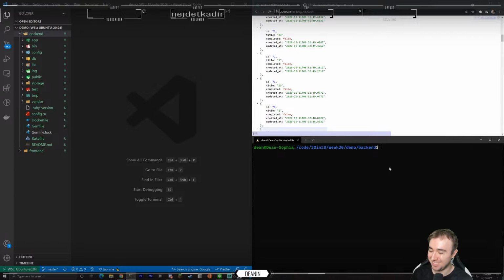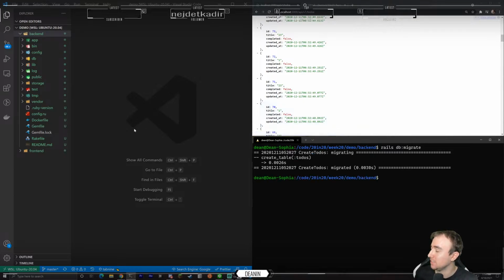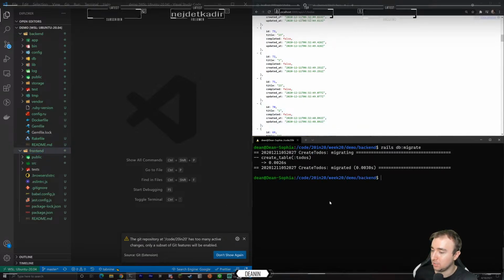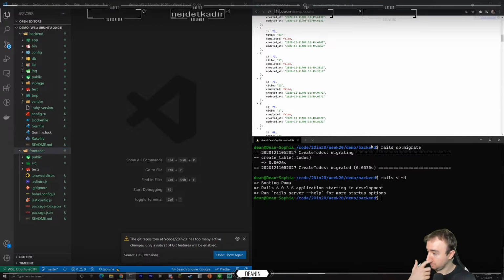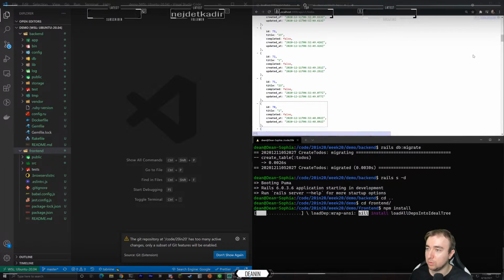All right. Go ahead and let's migrate the database again. And run this. Should be running in the background, and then we can cd out of here and cd into the front end and do an npm install. Cool. While that's running, I can take a look at